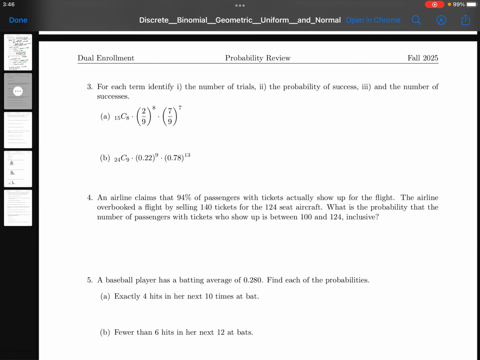Okay, welcome to the probability review. This is page 2, maybe page 2 and 3. Question 3: for each term identify 1, the number of trials, 2, the probability of success, and 3, the number of successes. So when we're looking at this first problem,